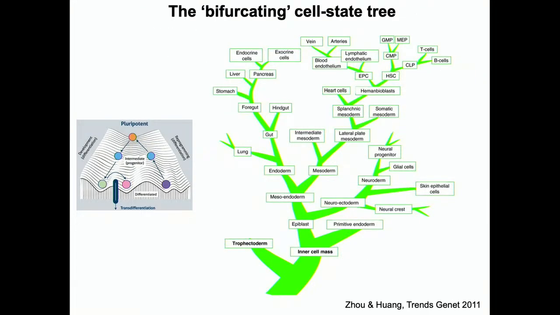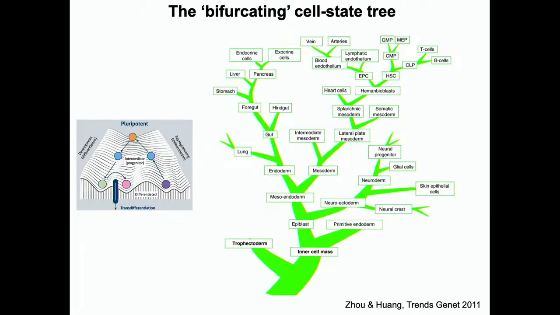Okay. So again, many of you may have heard of this, or I'm sure you'll hear about this a whole lot in this workshop. This is what is called the Waddington landscape, which was drawn by Waddington in the 1940s. At that time, we did not know what DNA is, we did not know what genes are. But the general idea here was that you have a cell which has the capability to give rise to multiple cell states, and as time progresses, the number of options that it could give rise to continues to decrease as a function of time, and eventually a cell ends up in one of these ridges or one of these valleys.